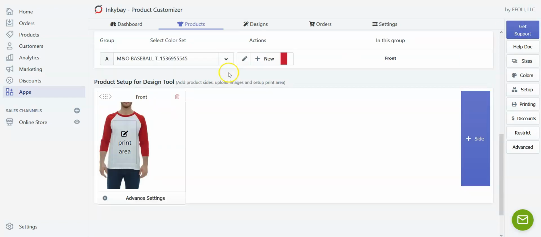And I'm done. This is how you can use Inkybay's import custom product and create a new product for your